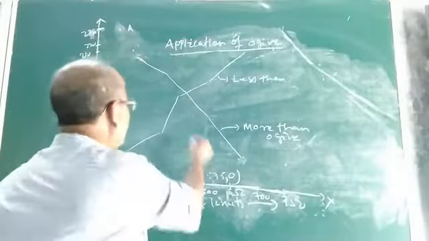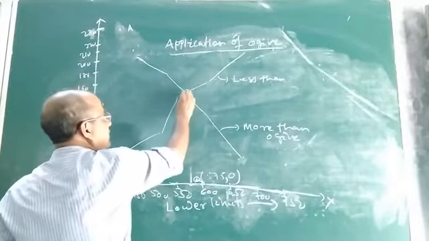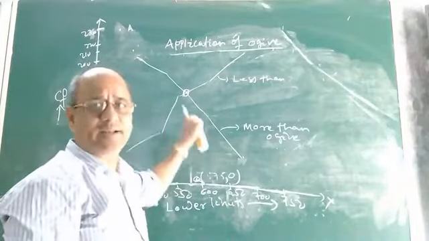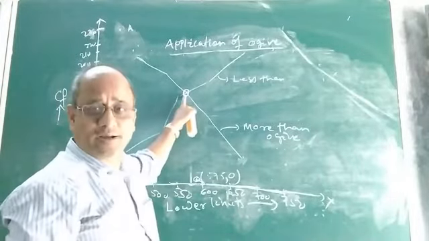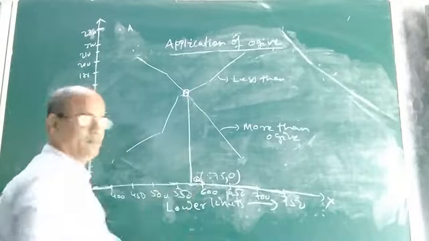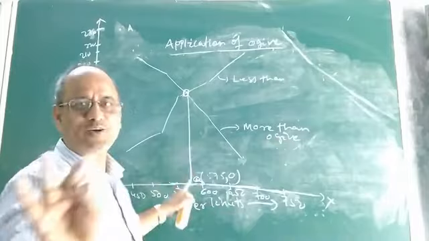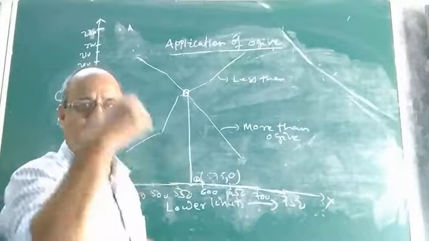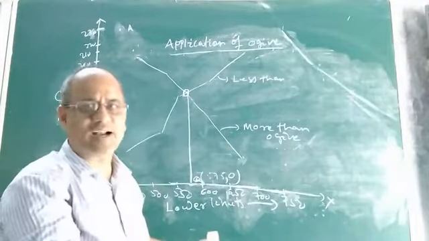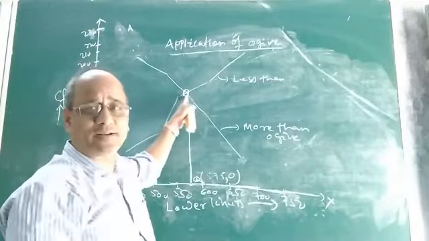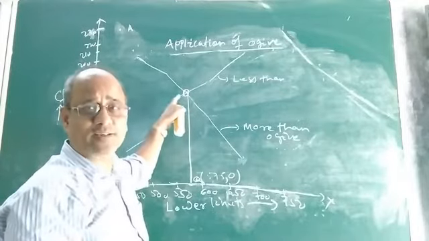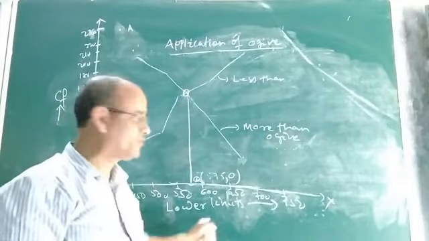To get the median, look at the point of intersection of the two ogives, the two cumulative frequency curves. From this point of intersection, simply draw a perpendicular. It is so simple. There is no need to find n, no need to find n by 2, no need to locate the value of n by 2 on the y-axis. After drawing both the ogives, they will definitely intersect at a point. From this point of intersection of both the ogives, just draw a perpendicular to the x-axis.